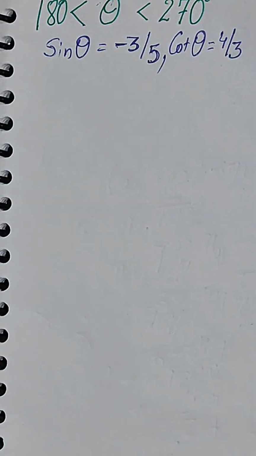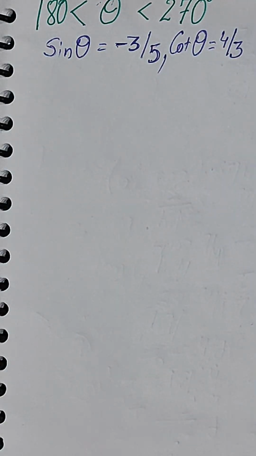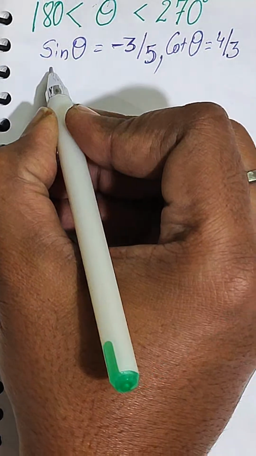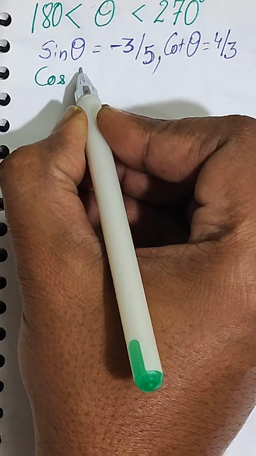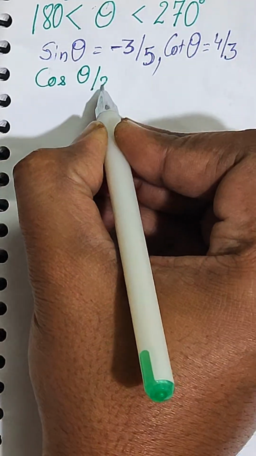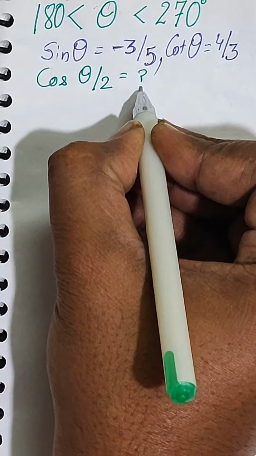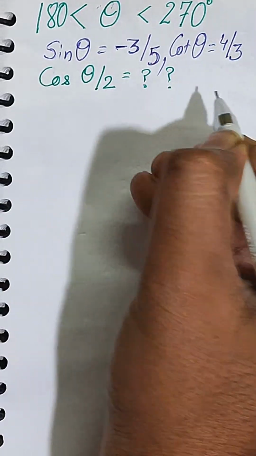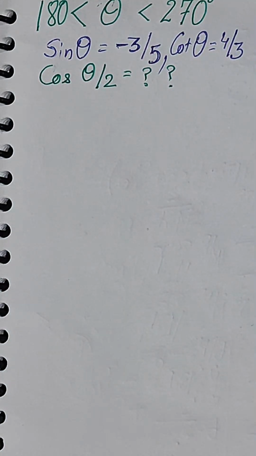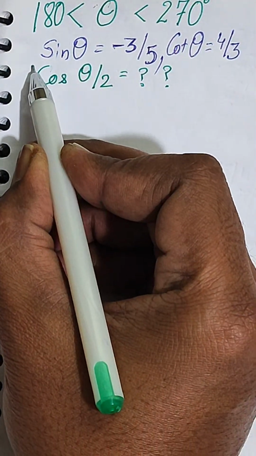Then we need to find the value of cos theta by 2. What is the value of cos theta by 2? That we need to find. This is the question in front of us. So to calculate the value of cos theta by 2,